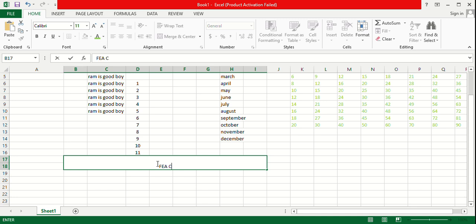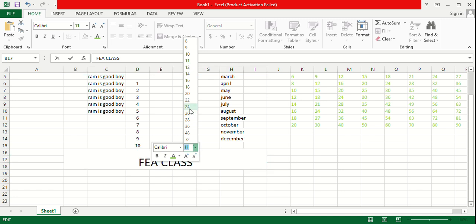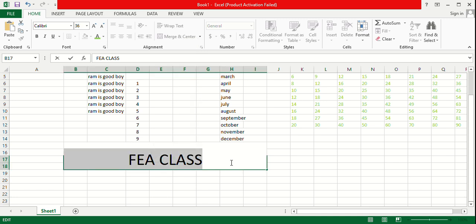FPA classes. Okay, now we have to increase the size of this text. Now we firstly select, and this option is already available in Excel. Now firstly we have to increase the size of the text. We have used 36 size. Like see, when we have to use